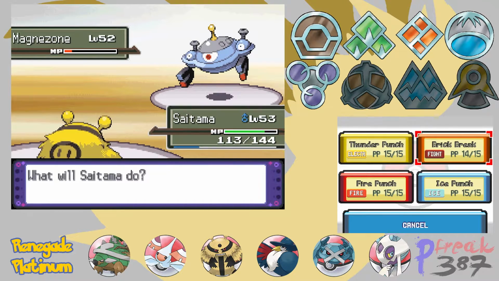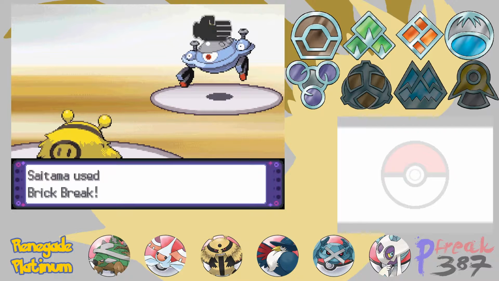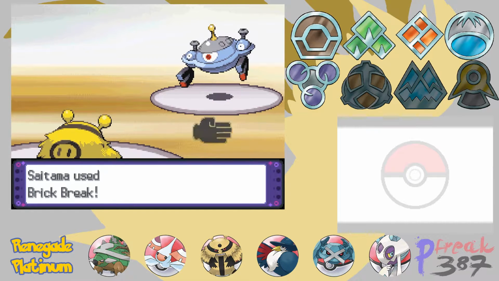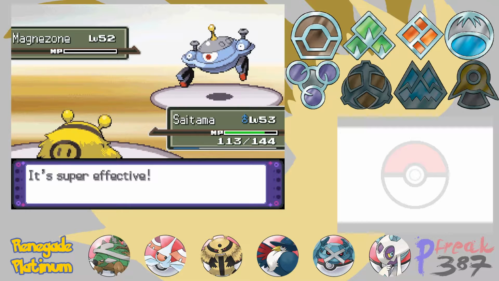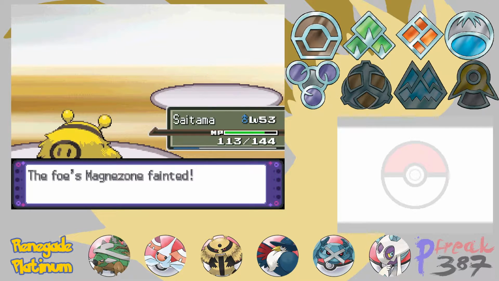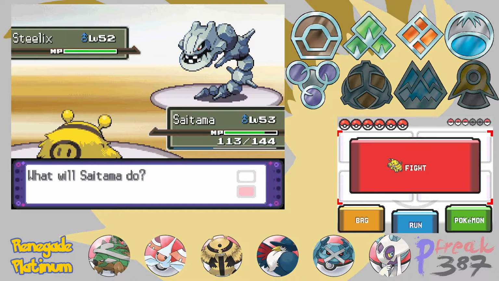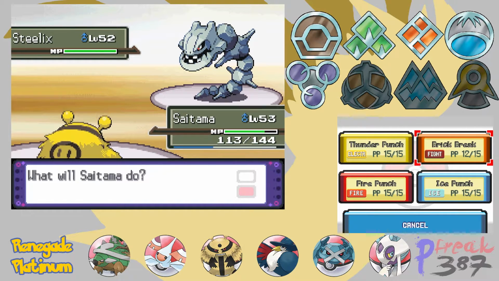The moves for Reflect and Light Screen are going to be 8 turns instead of 5, so Saitama in general is going to be probably our main star here, honestly, since Steel is weak to Fighting type, and then also we have Fire type moves as well, except